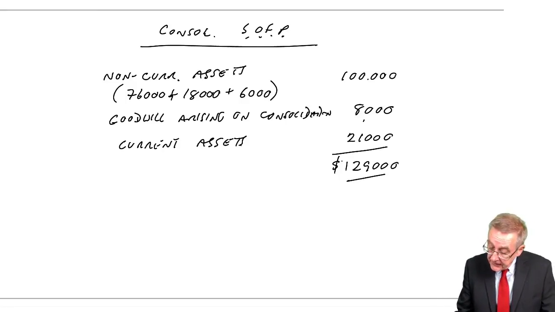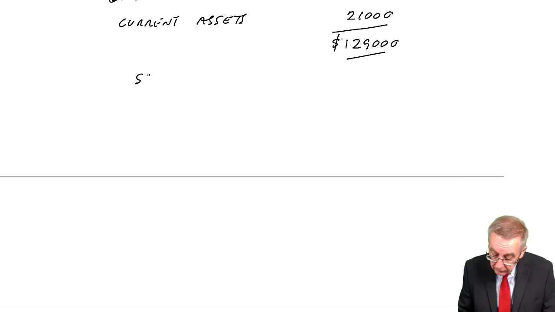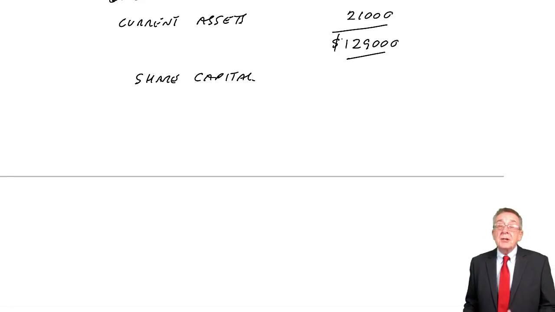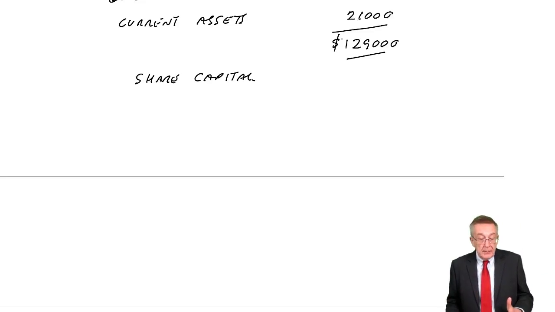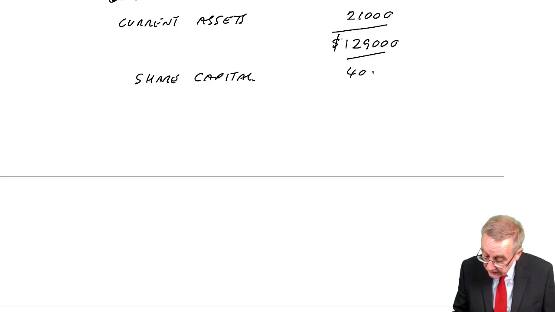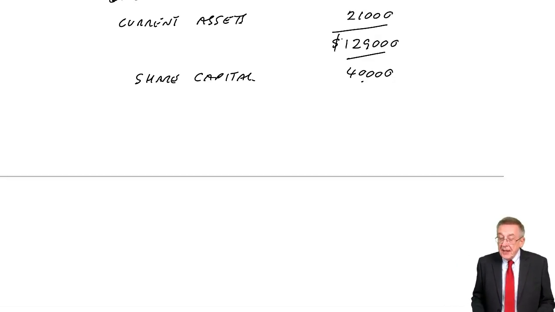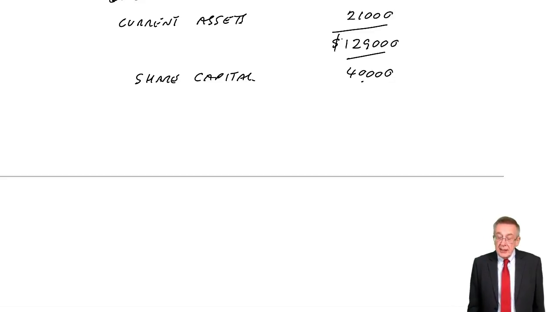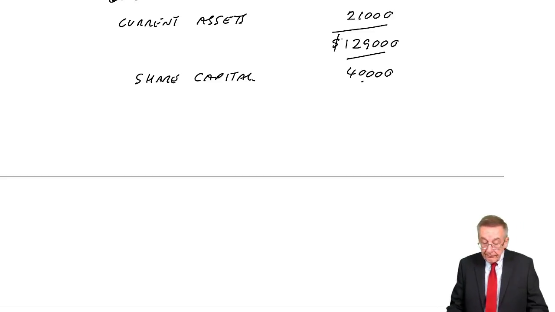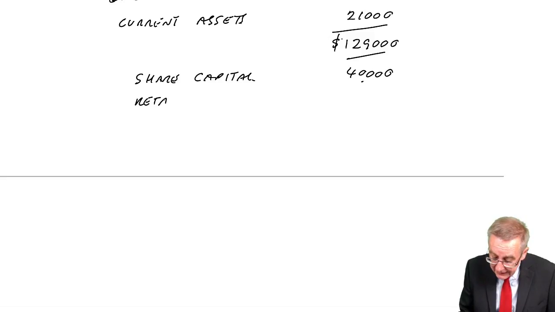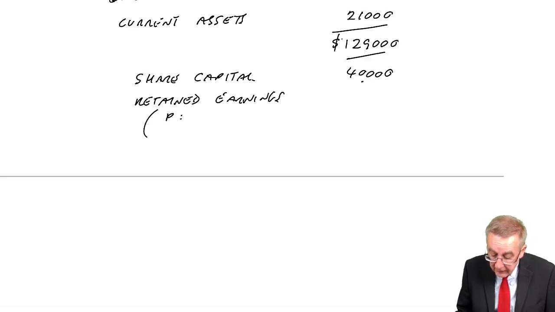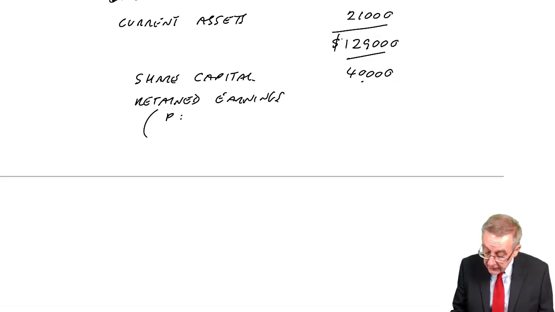Equity and liabilities, the share capital. Remember, always is just the share capital of the parent company, P, 40,000. It's P's shareholders own P, P owns S. So P's shareholders effectively own everything. The retained earnings should be starting to get automatic by now, but it's all of the retained earnings in the parent company,